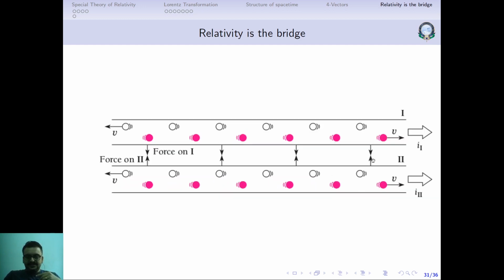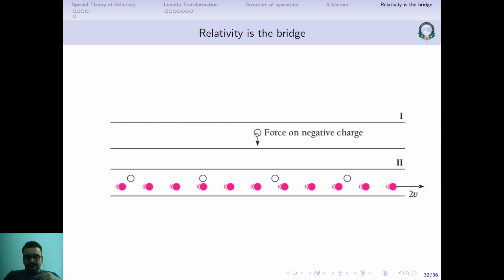You note both of these conductors, current is in the same direction. So here also the negative charges are moving from right to left. From the point of view of this negative charge, the negative charges in the other conductor are going to be stationary, because they are also moving from right to left with the same velocity, since the currents are the same. So from the point of view of this negative charge, all the negative charges in the other conductor are going to be stationary.